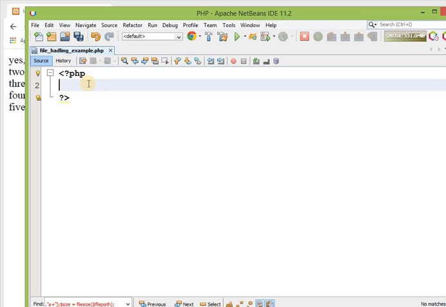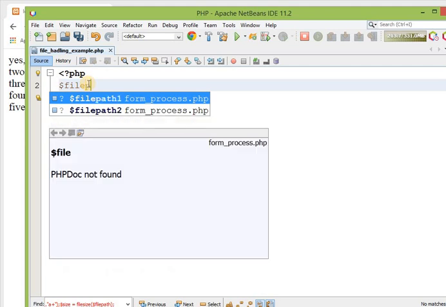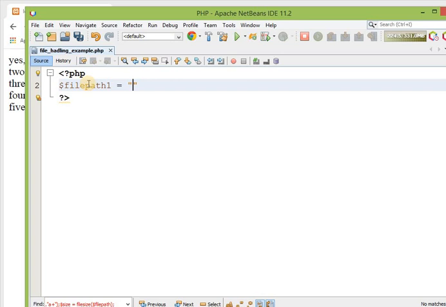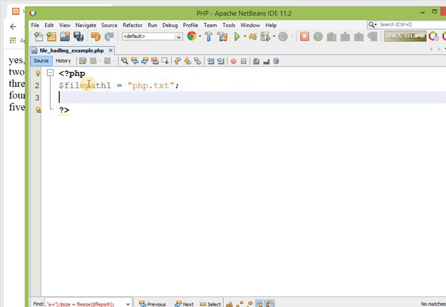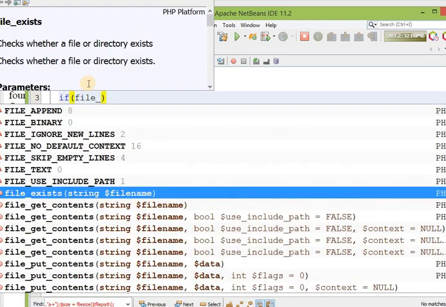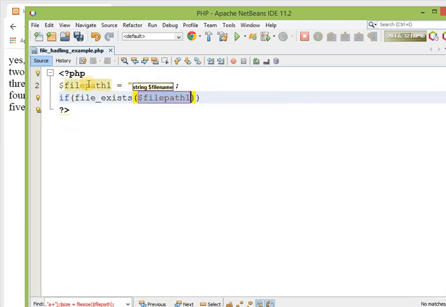First of all I want to set the file path equal to php.txt, the file I am looking for. I want to check whether this file exists or not, so I just need to use one function, file_exists.